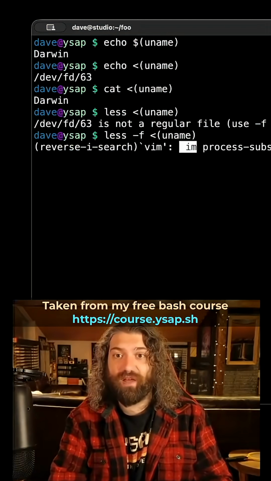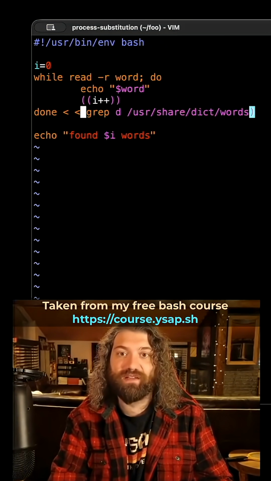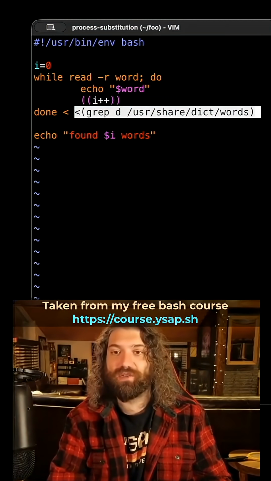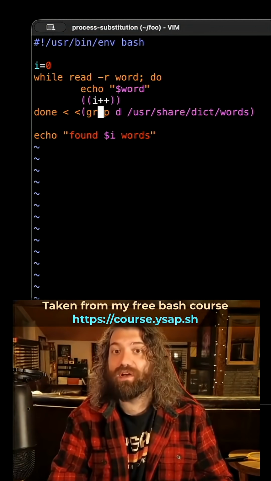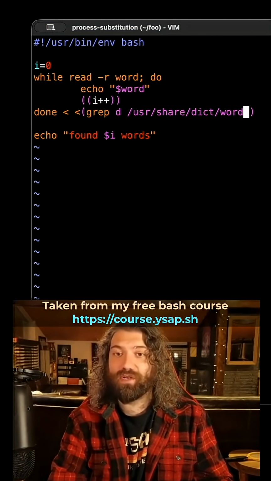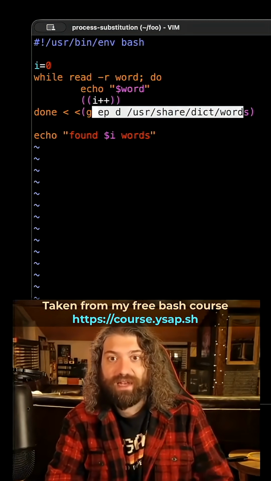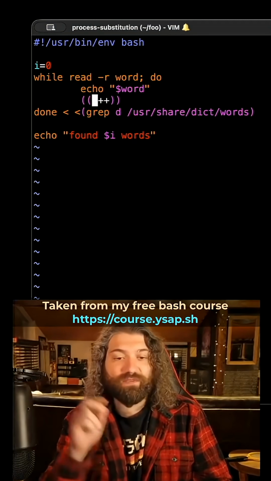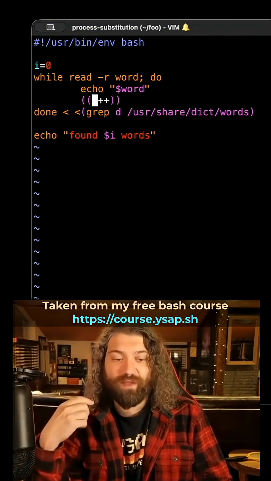So treating it like a file means I can give it after a single less than sign, which expects a file. So this whole thing gets turned into a file that I can read, and what's in the contents of that file? The output of grep. The beautiful thing is, this could be a slow command, and it doesn't matter. This while loop starts processing immediately. It does not have to wait for the whole thing to be loaded into memory. It can do it in a streaming fashion.